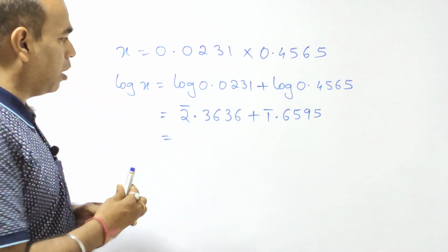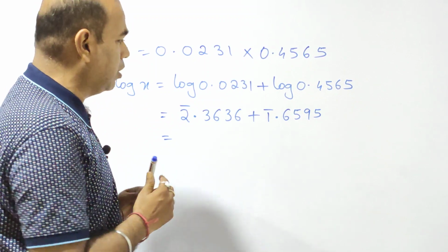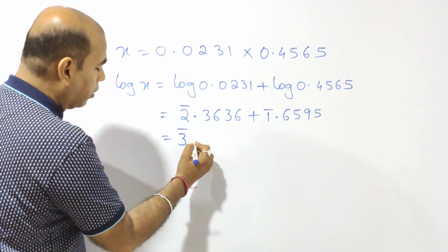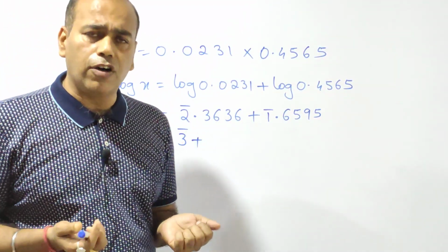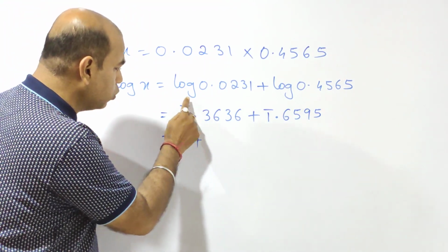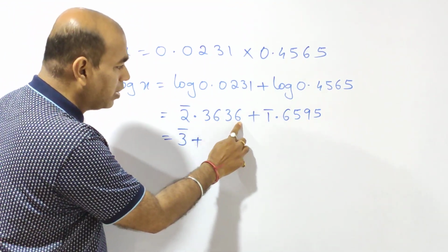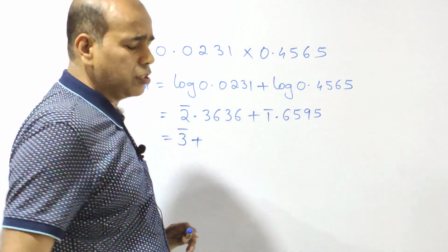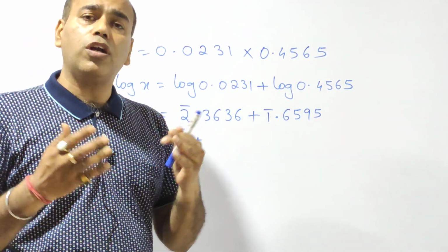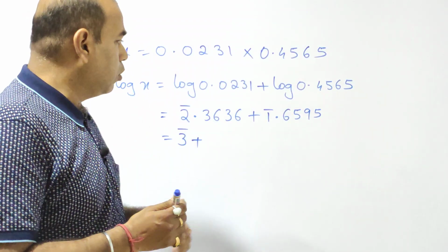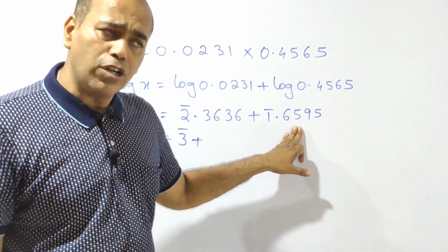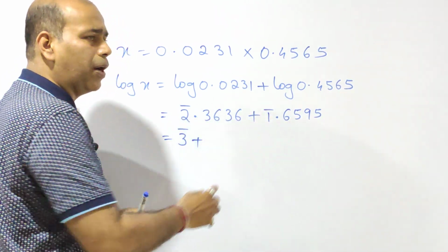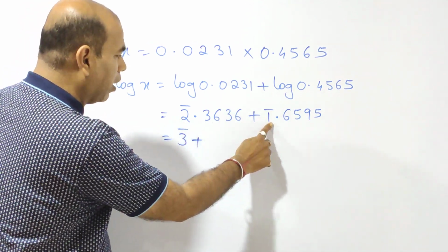What is the main part out here? How to solve this bar calculation. This is 1 bar, this is 2 bar. Now the question arises, what is the meaning of this bar? This 2 bar is only negative, the decimal part is positive. This is 1 bar, so 1 bar is negative, the decimal part is positive. Why? Because in logarithm we cannot do any calculation when it is negative, and with negatives the tables cannot be used. So we write the bar part only as negative and the decimal part positive. So 2 bar plus 1 bar is 3 bar.